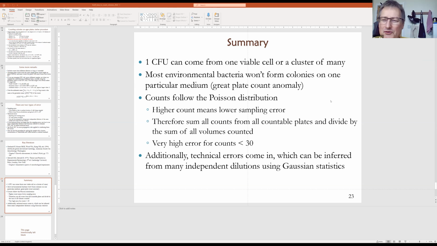I generally would regard CFUs more as an order of magnitude estimate than anything more precise. Unless the method section suggests that they've spent a lot of effort on the counting. And if they spend a lot of effort on the counting, they probably spend a lot of effort on writing up about the counting. So I think there is a correlation. The less effort you spend writing up the counting, probably the less thought you've given it. But that's just my